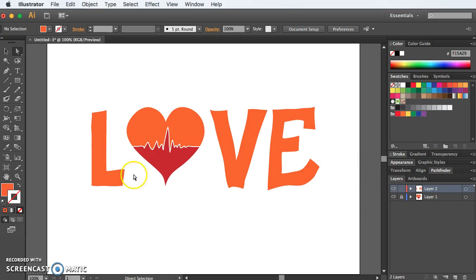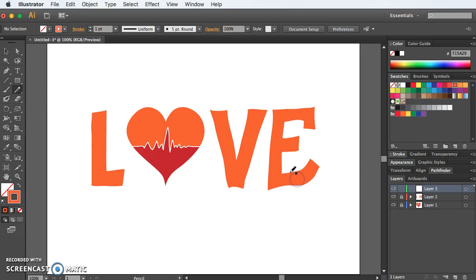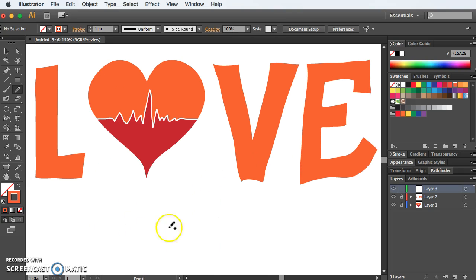You know, kind of, I would switch now to the pencil tool. So for the sake of working on a new layer, I'm going to switch layer. I'm going to switch this to stroke rather than fill. And I'm going to deselect those. And this allows me to now go in and just sort of edit and draw on here. So I'm going to come over here and just sort of flesh out